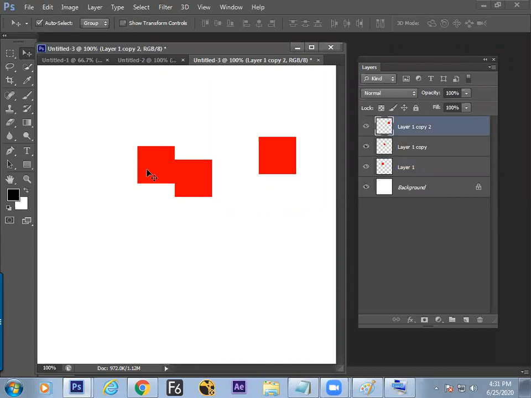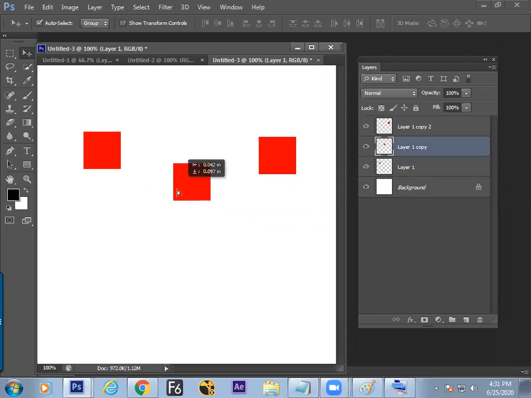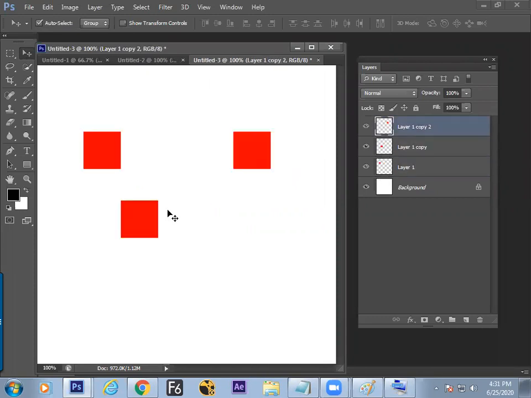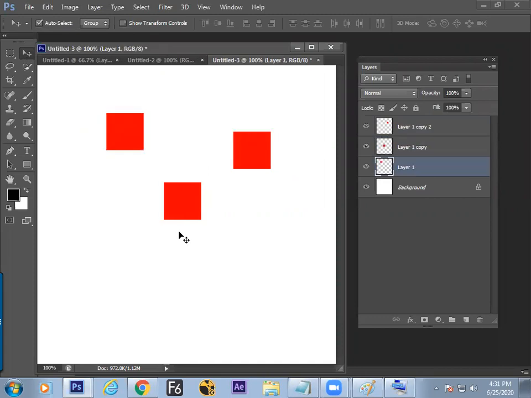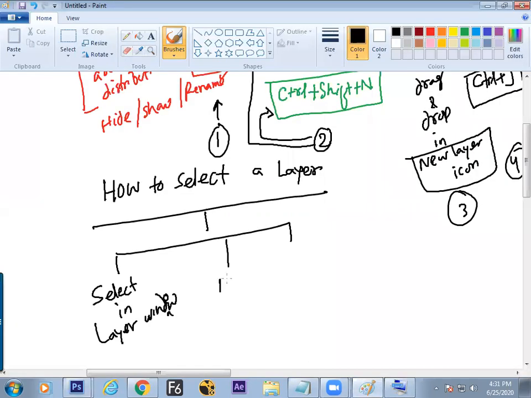Just click over the layer on screen, it will select automatically. So you got to know the second method to select a particular layer, auto select. Auto select button to be turned on in the option bar. Selection could be done by the move tool.